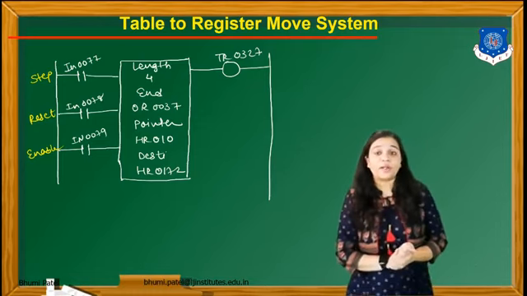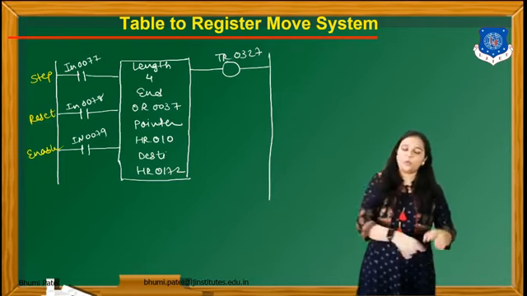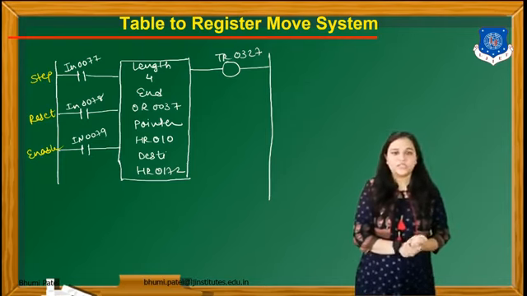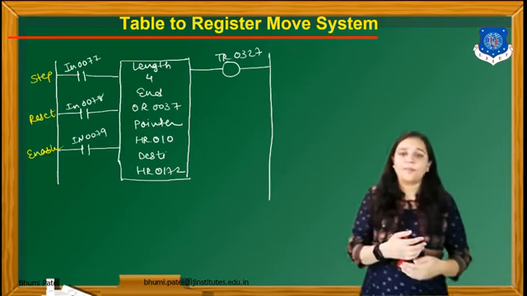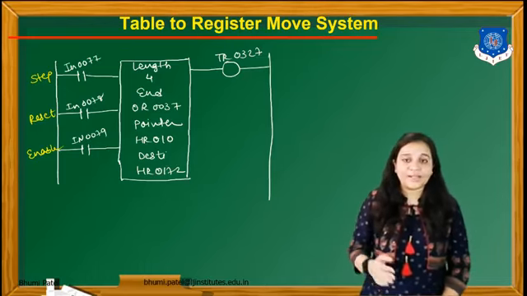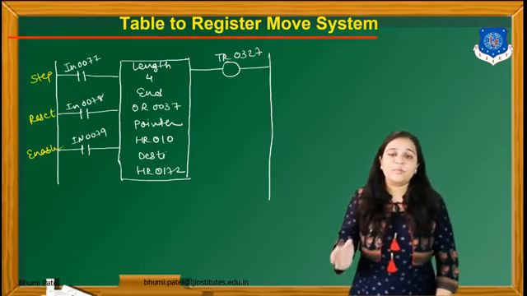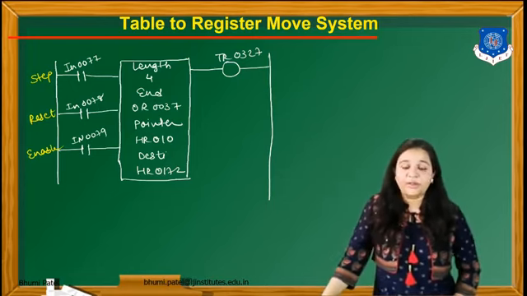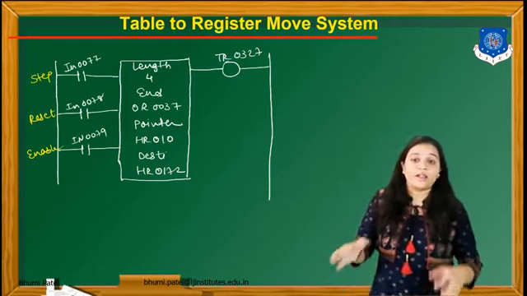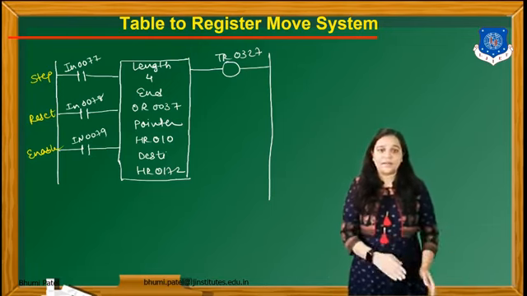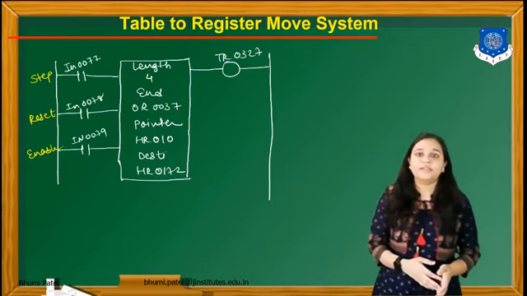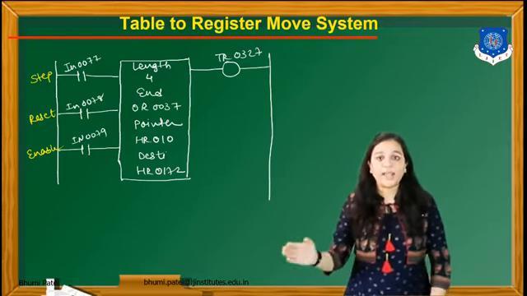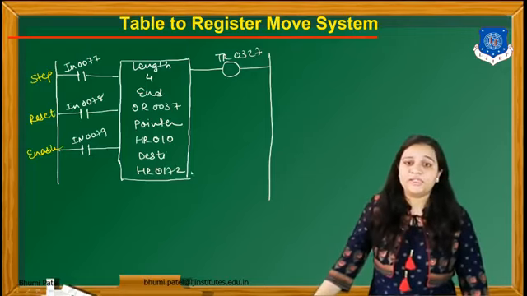If we have to transfer 40 data for this particular register, then during the program execution we know which number of data will be sent for this particular register. So the pointer is important, and then the destination: at what destination address we have to send the data from table to register.